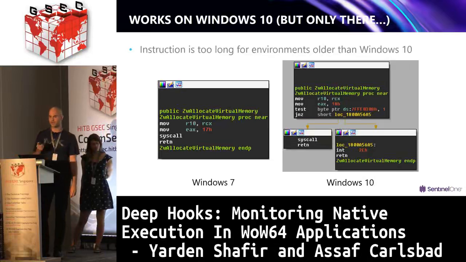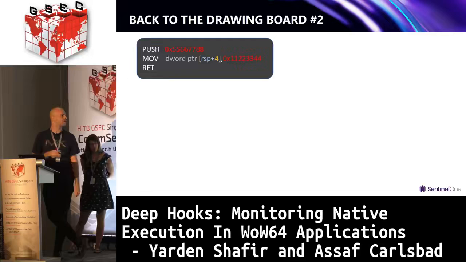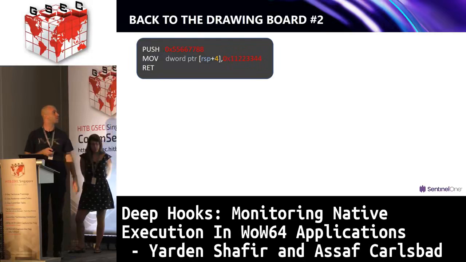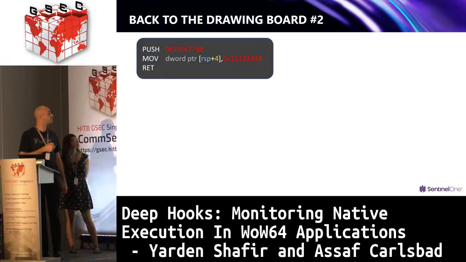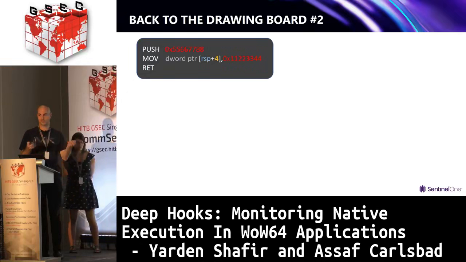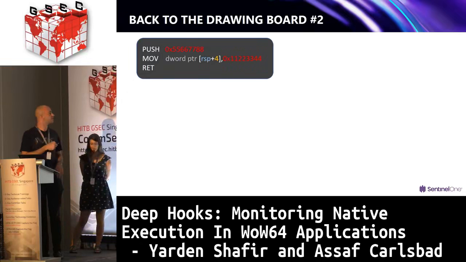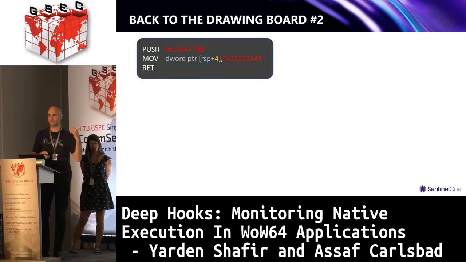So this failure kind of took us back to the drawing board, and we decided to give another try to the fourth option, the one which works by building the address onto the stack. So as you can see here, this option is actually comprised of 3 different instructions. We first have the push instruction, which takes care of setting up the low-order D-word of a 64-bit absolute address. It is then followed by this move instruction, which sets up the high-order D-word of the same address. And it then concludes with a ret instruction, which just pops an 8-byte value from the stack and returns